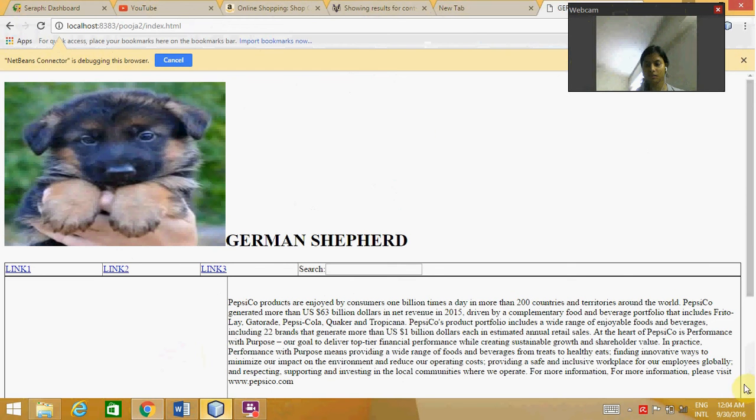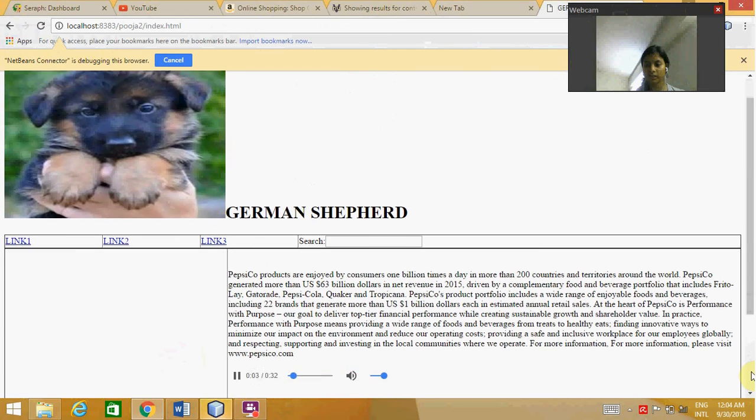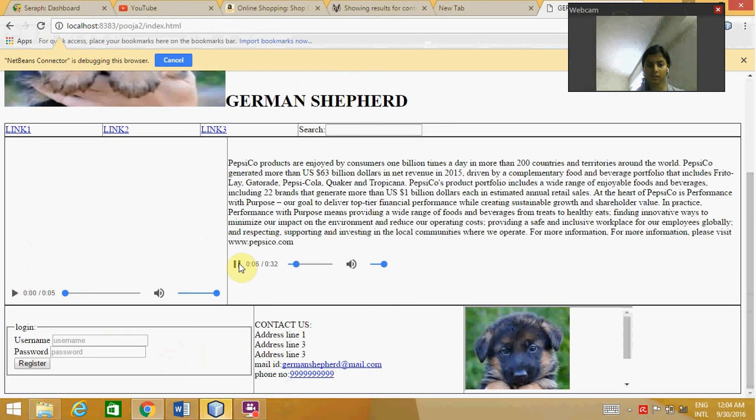as you can see, during the loading part the song will play. So we can stop this thing. I think because of some browser problem this video is not displaying, but you can listen, the audio is playing. So this audio will play while loading the page, and I think because of some browser issue this video cannot be seen. The moment we enter the user name and the password and just register, it will connect you